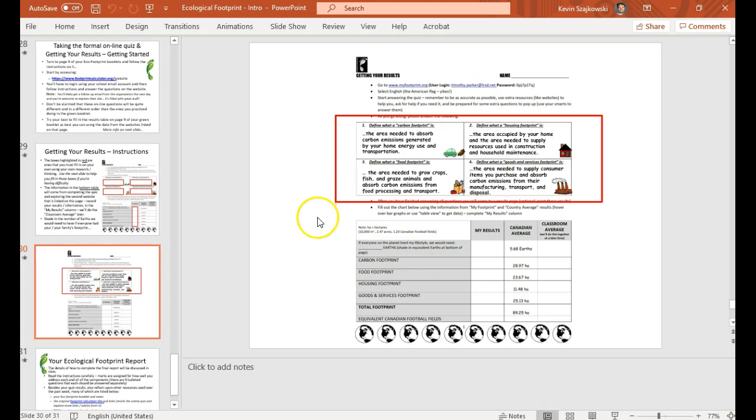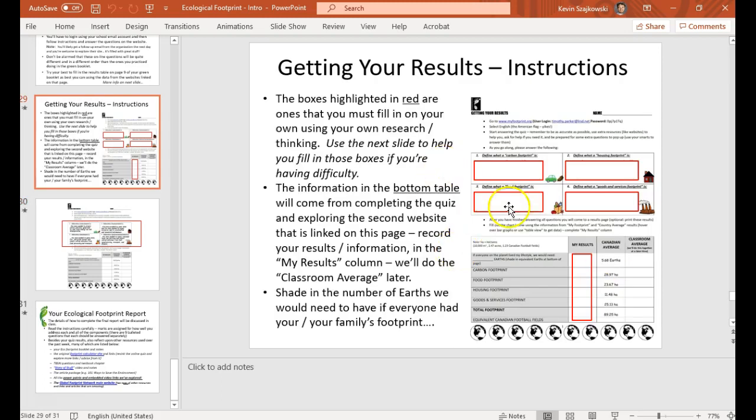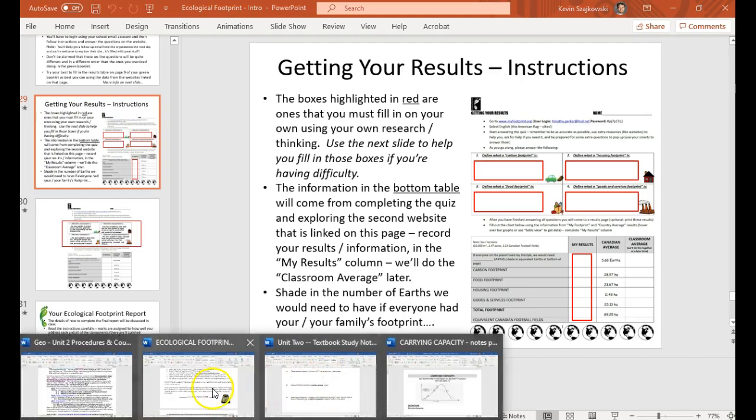At this point, we are just on the cusp of being able to talk more formally about what your ecological footprint report is going to look like and how it's going to work. I'm anticipating making a proper video about that either tomorrow or early next week, and the bulk of next week is going to be taken up by you beginning to actually write this report. These instructions are a little bit ahead of us here, but if you've taken the quiz online and you've recorded your results, then the next step for you in the coming days is going to be